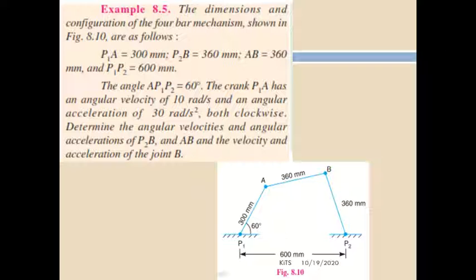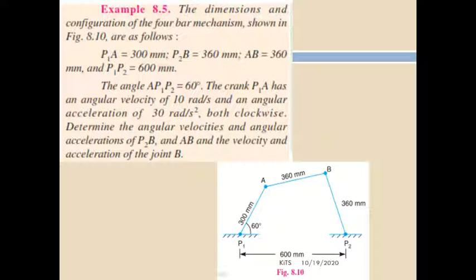First of all, what is the velocity? Velocity means rate of change of distance per time. That is called velocity. What is acceleration? Rate of change of velocity per time. That is called acceleration. If you differentiate displacement, you will get the velocity value. If you once again differentiate the velocity value with respect to time, you will get the acceleration value. Okay, so let us move to the problem.